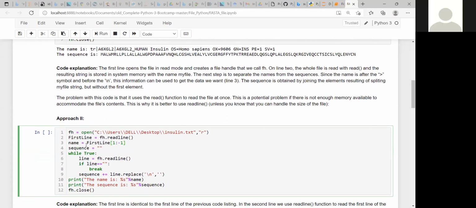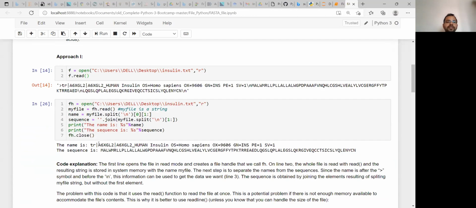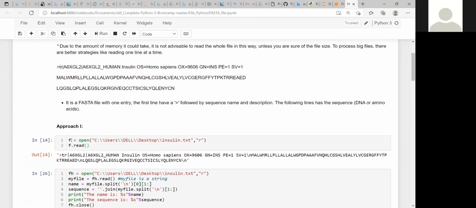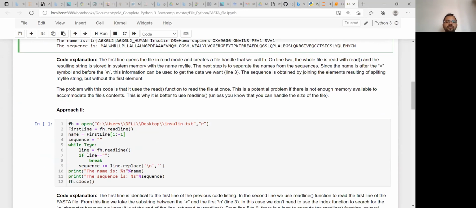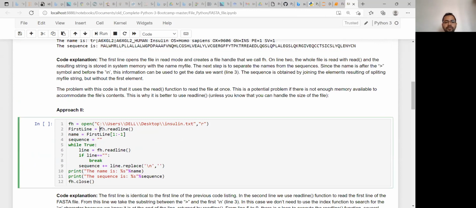Sir, what is the FH here? Okay, FH. I have already discussed this thing. FH is file handler. You can write whatever you like in place of FH. After opening the file, you are storing that content in a file handler, and from next time onwards we are going to use that file handler in the code. So you can see that using this file handler we are reading the lines, and we have seen how we can extract this name part using this method.